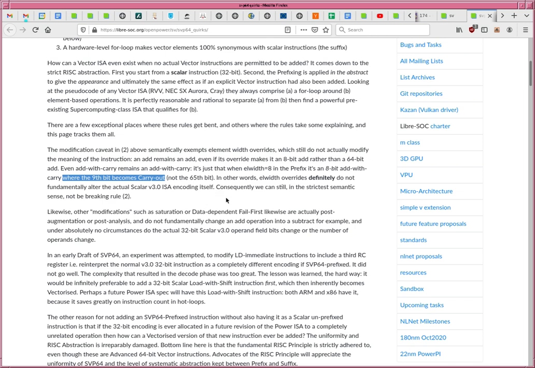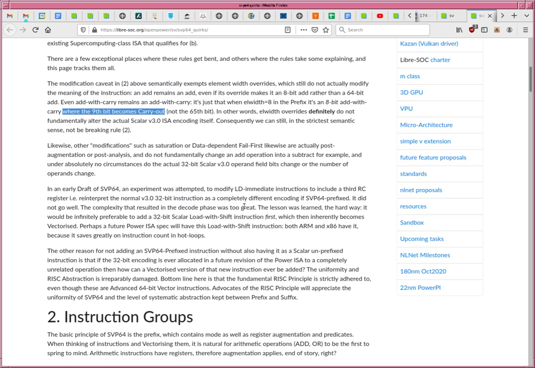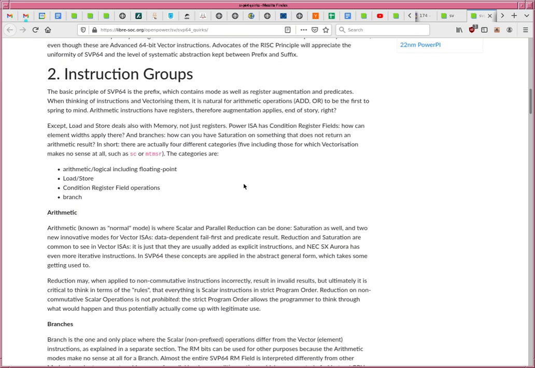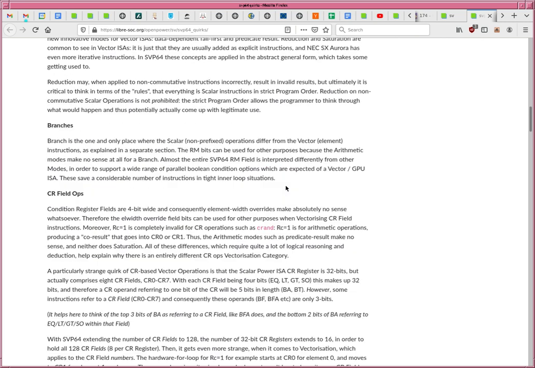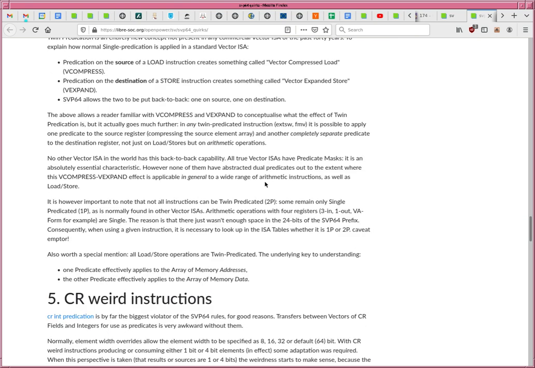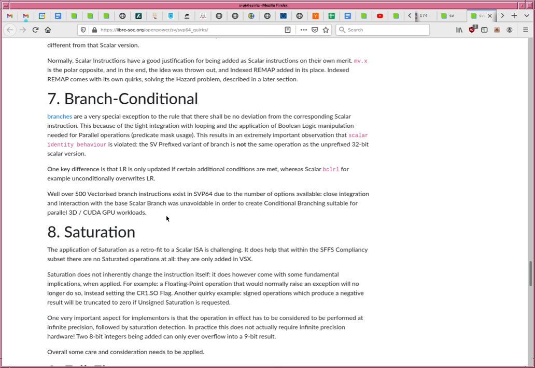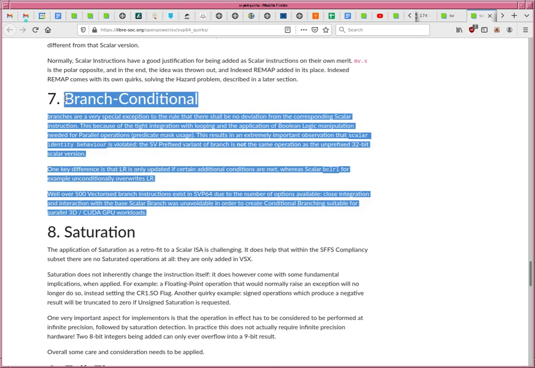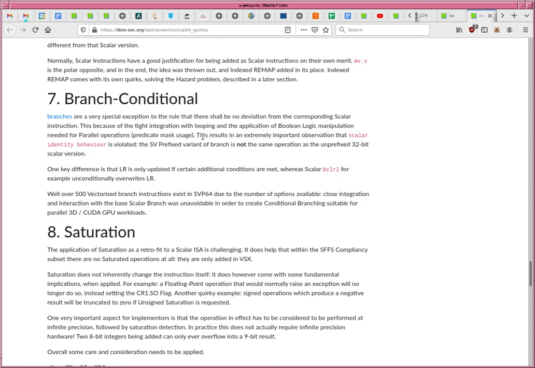is pre or post pre-augmentation, post-augmentation, or post-analysis. And the reason why there's this entire quirk page is because one of the exceptions to that rule, the only exception to that rule, is branch conditional. Okay, where branch conditional